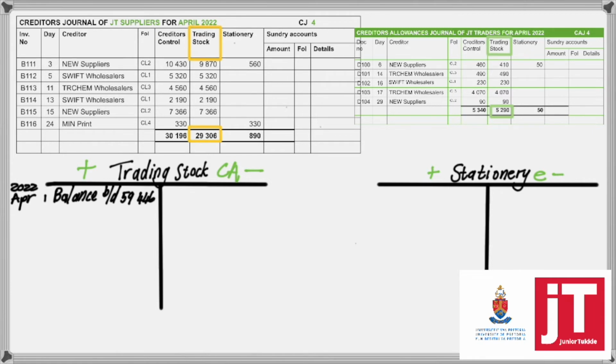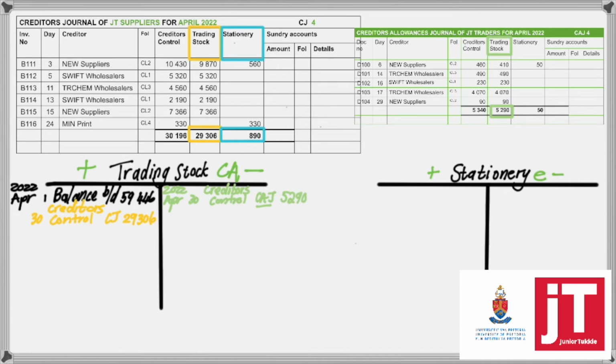When I have it in the creditors journal, that column there indicates that I purchased more trading stock during the month. So I'm going to have to increase the trading stock account. So creditors control CJ and the total 29,306 Rand. Then the creditors allowance journal, I'll look for the trading stock account column, and I'm going to post that total there. And it has to decrease my trading stock because I've sent it back. So you're going to put it on the credit side, creditors control, creditors allowance journal,